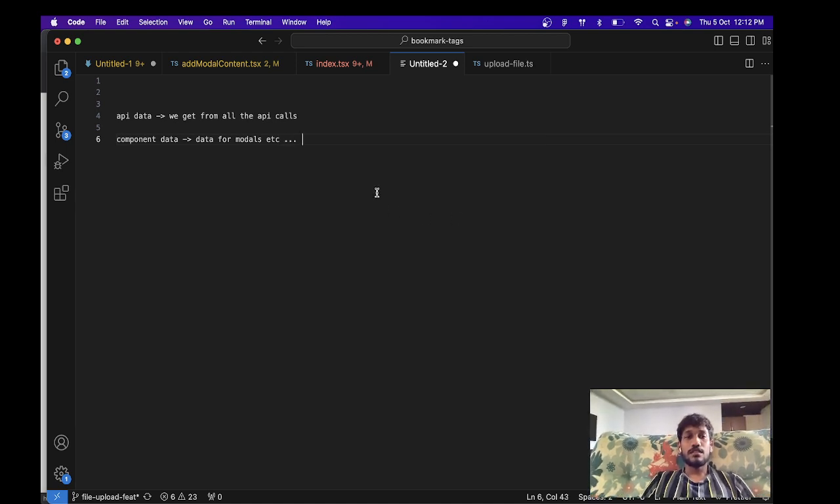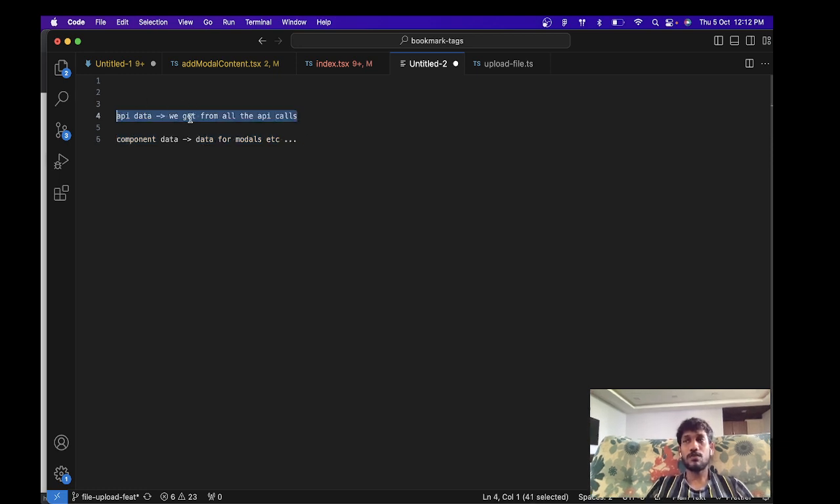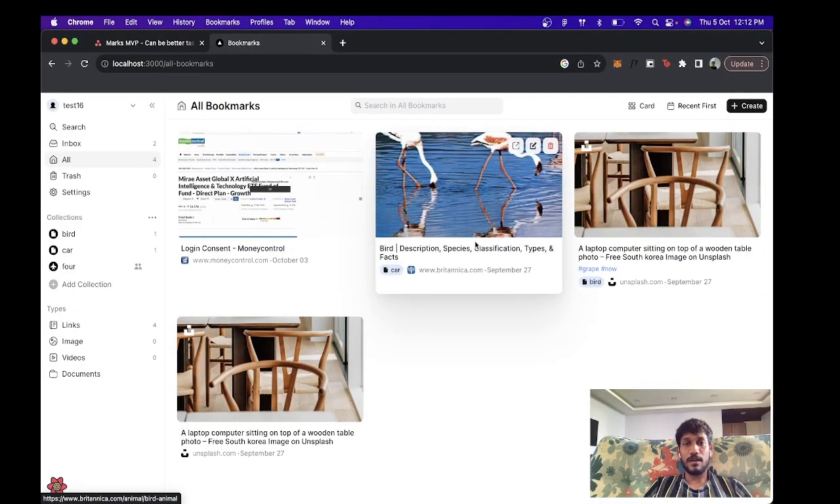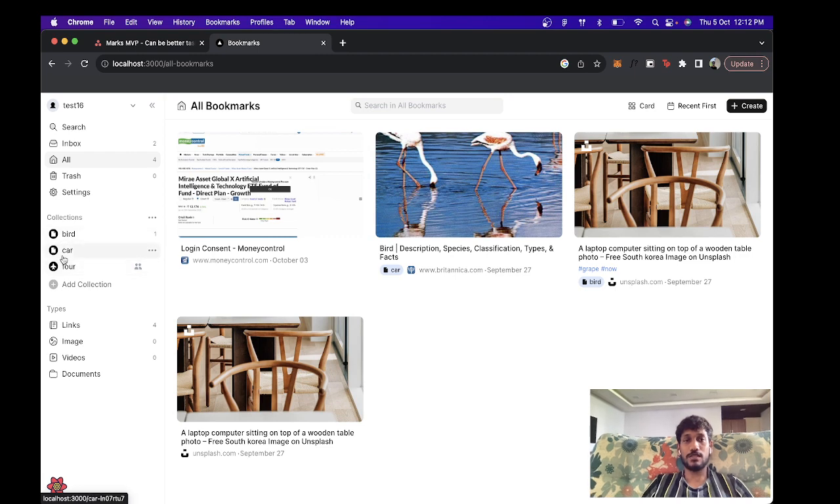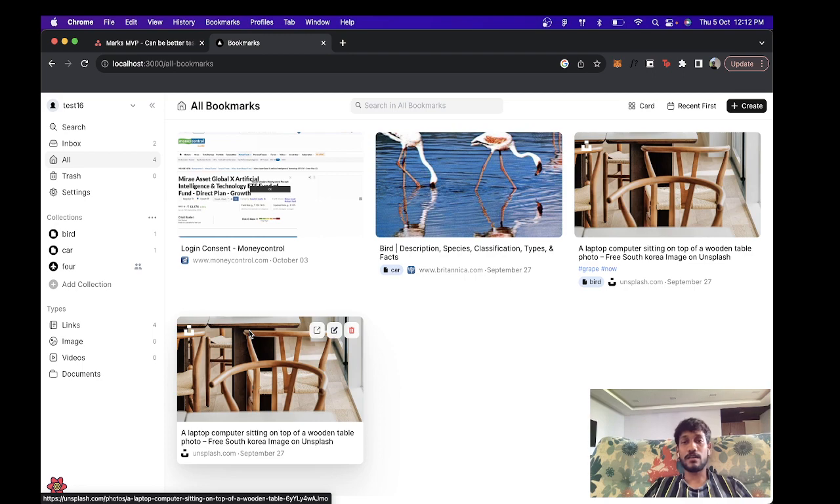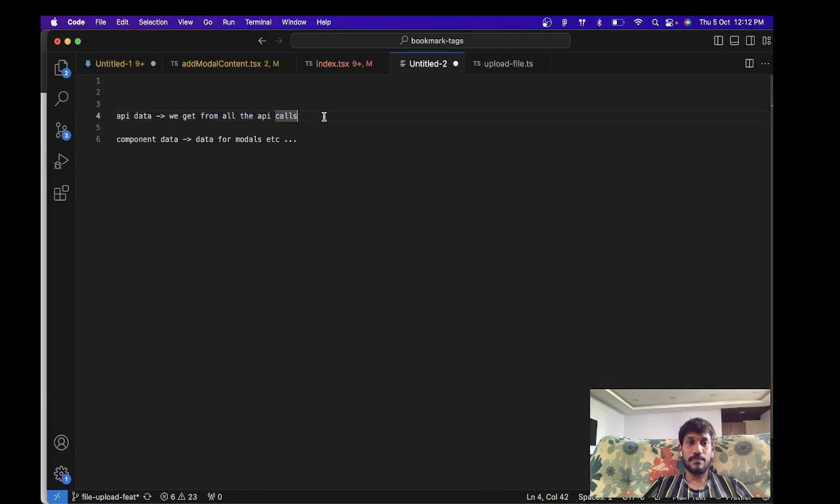So this has nothing to do with the API side, but the API data is basically what we get from the API. For example, all these bookmarks that you see over here and all the collections that you see over here, they are all the data that the backend gives us, that the database gives us. So all the API data is managed differently, and all the component data is managed differently. This I will go into later, but how I am managing all the API data is that I'm using